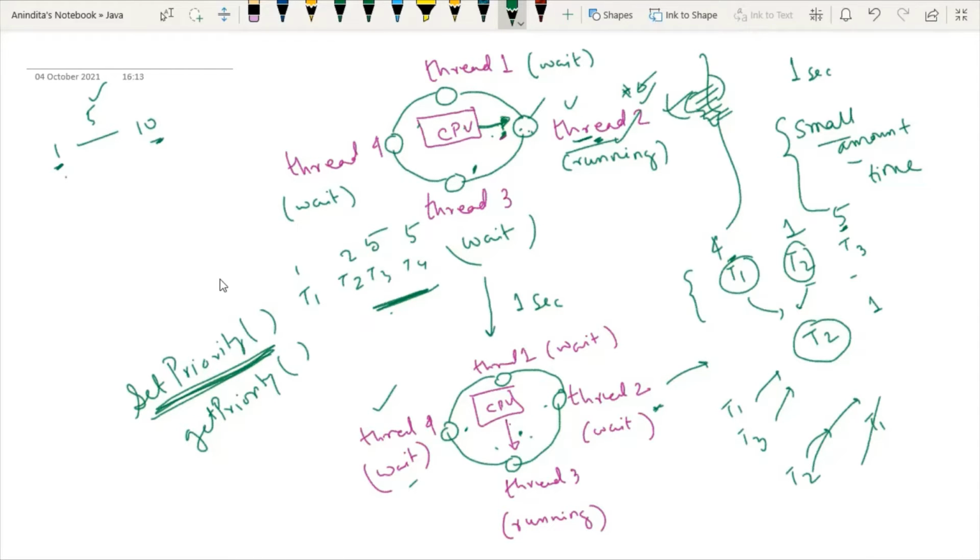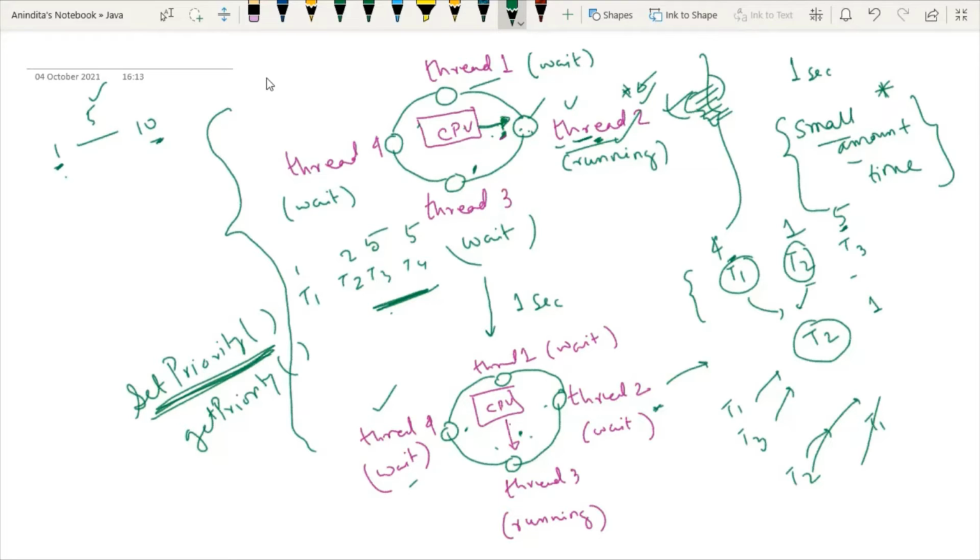So in Java implementation that supports time slicing, it means we are on the Windows platform. And if I'm talking about priorities, it means we are talking about Solaris system. But try to understand, whenever I am working in a time slicing environment, here the attention is concentrated over time. So in a time slicing environment, the priority of all the threads is considered to be the same.